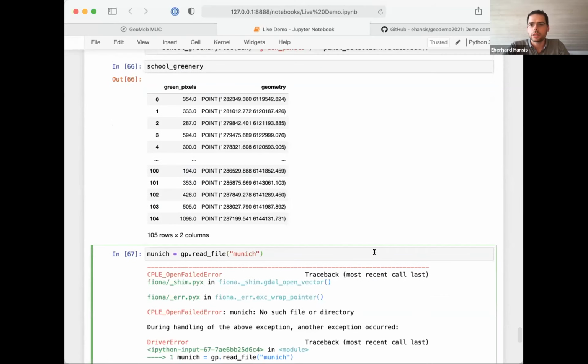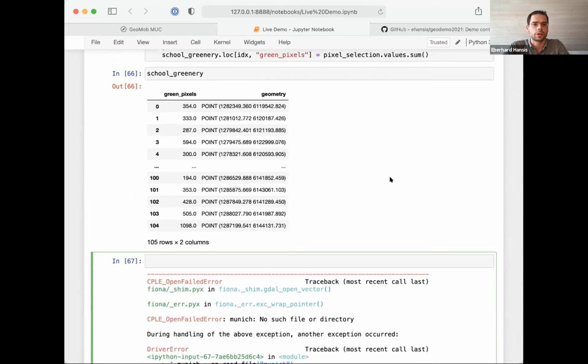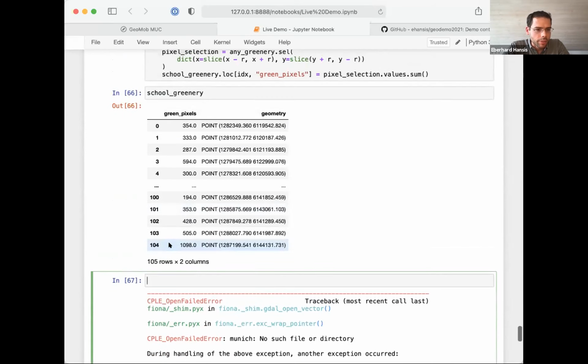Actually, you know what? I'll just skip the final plot because you can just look at that in the repo, and I'll rather spend some more time on the other topics that I have prepared. If you go to the notebook in the GitHub repo, you can see the final plot, and you can see, by coincidence, the last school here in the table, it wins. It has the most amount of green space. So here, this is our winner. It's kind of in the north of Munich. Anyway,